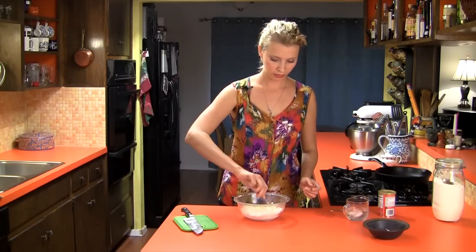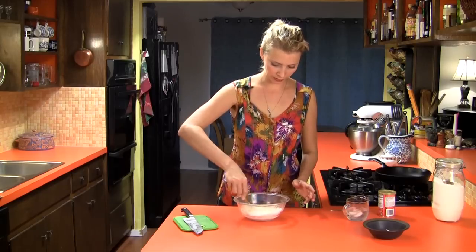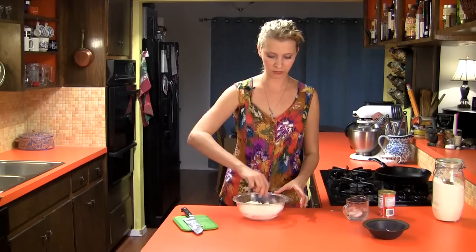Okay, so now that I've got my little butter cubes in here, the first thing to do is kind of use a fork to break up the cubes of butter and toss them around in the flour and try to get each of these little cubes coated in flour,